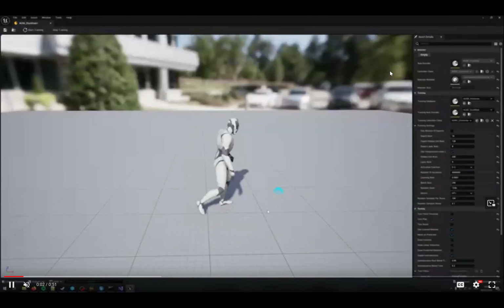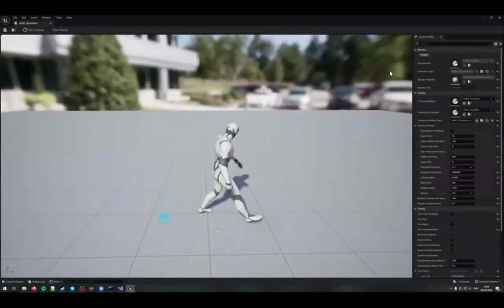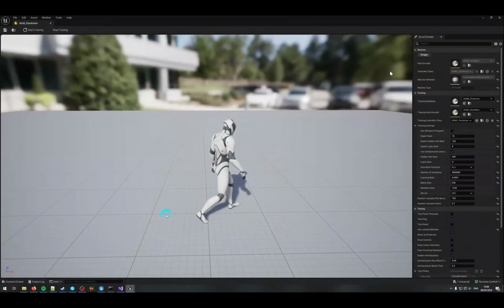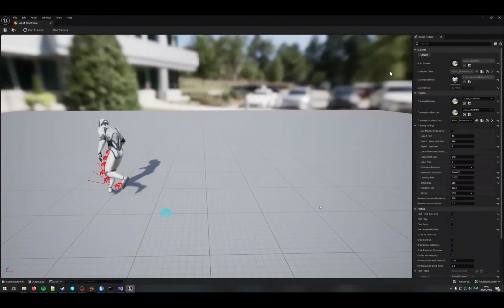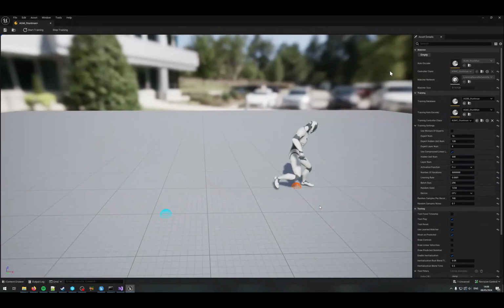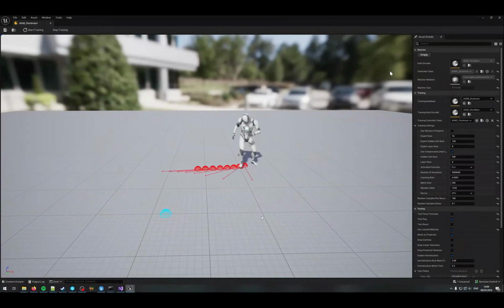And here's a little sneak peek of some of the recent work I've been doing, which I'm going to talk about today. So here we have a character in Unreal, and the animation is being generated on the fly. And we can give different controls. So we can even give a target point to move to, or we can give a trajectory to follow. We can give a position we want to jump to. And we can also do things like give a position to go and sit down.